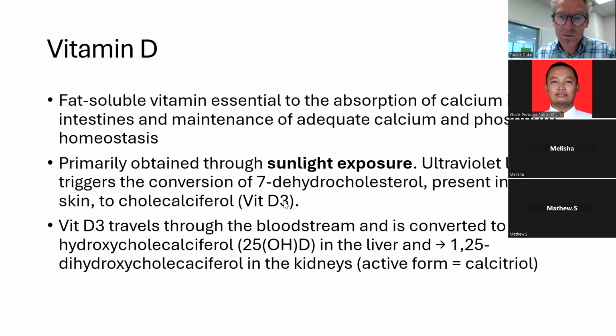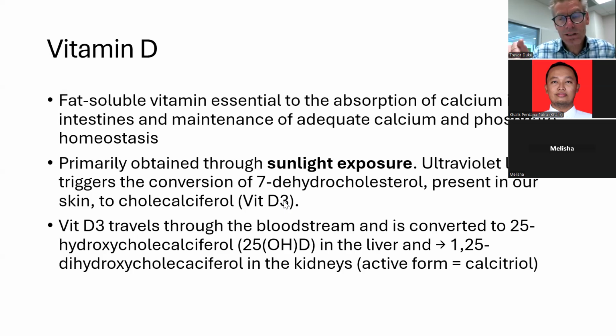Most of our vitamin D comes from sunlight exposure, and sunlight triggers the conversion of 7-dehydrocholesterol in the skin to cholecalciferol, or what's termed vitamin D3. But the production of calcitriol, which is the active form of vitamin D, requires the sunlight, the skin, the liver, and the kidneys. After cholecalciferol, or vitamin D3, is made in the skin from sunlight,